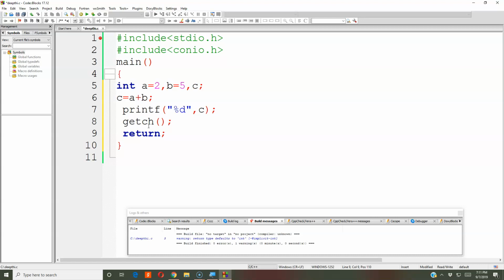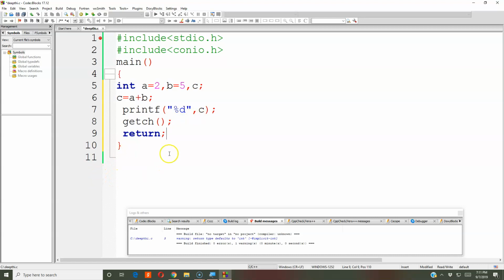Say for example, you are giving value to A, B and all, you want to pause that for a second and it has to take value to A and B respectively. You can give getch. And what do you mean by return? Return statement terminates the execution of the function and returns control to the calling function, the same function.